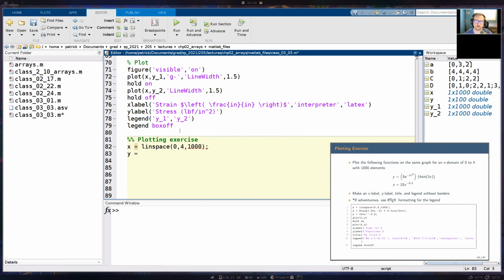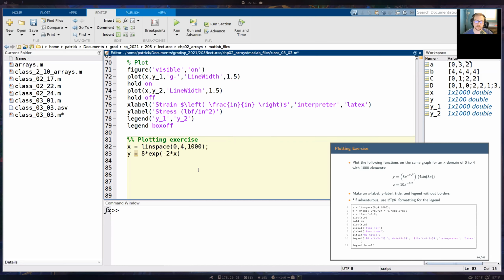Next, let's define y and z. I know y was a pain. That was intentional. This is actually from last semester. I forgot I made it that complicated. So we have 8 times e, and remember when we have e, we need to put our argument in parentheses here. So we have minus 2 times x, and we have x squared again. Remember, x in this case is a vector.